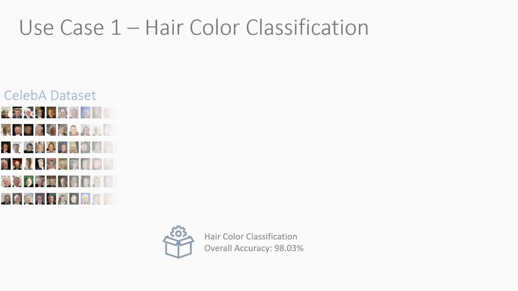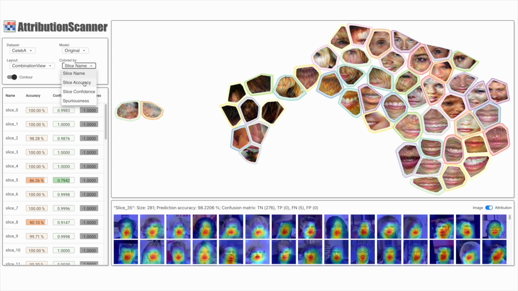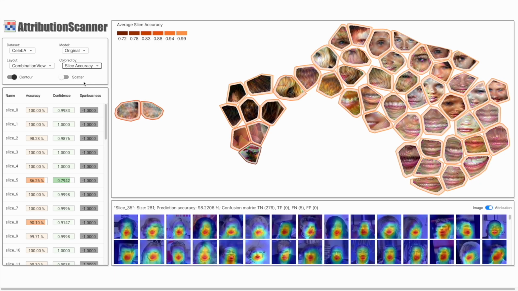Let's see how our system can be used to understand and mitigate model issues. As a first example, let's investigate a model for hair color classification. We trained a model to predict gray hair in images from the Celeb dataset, obtaining a validation accuracy of 98.03%. After the user imports the validation dataset and the trained model into our system, it automatically computes the data slices